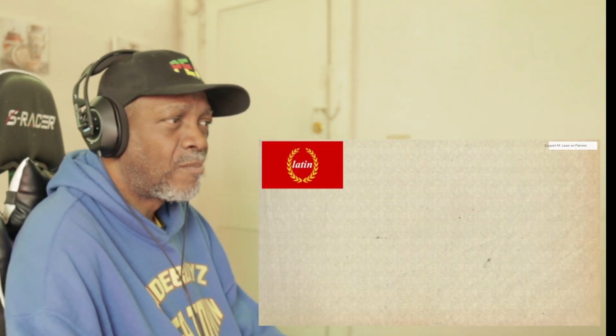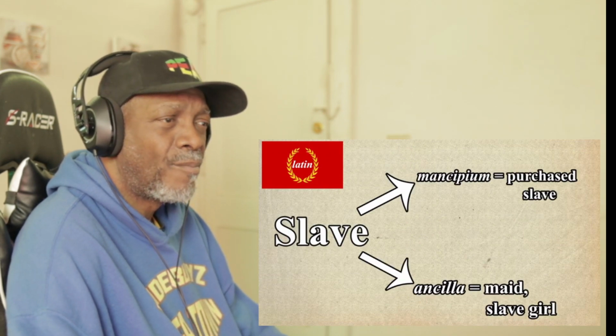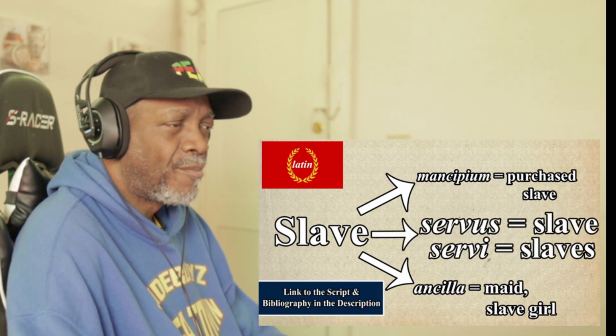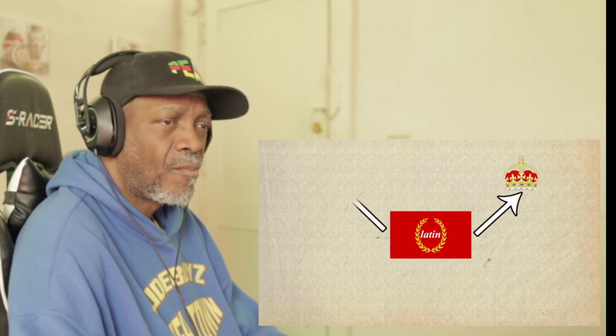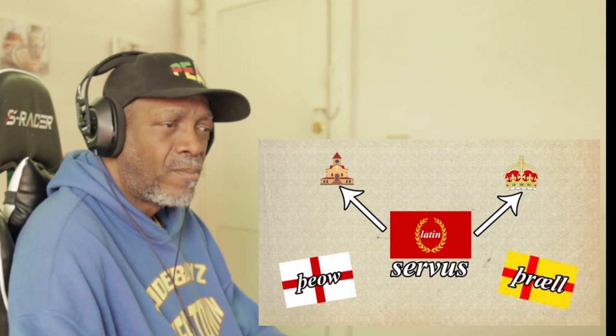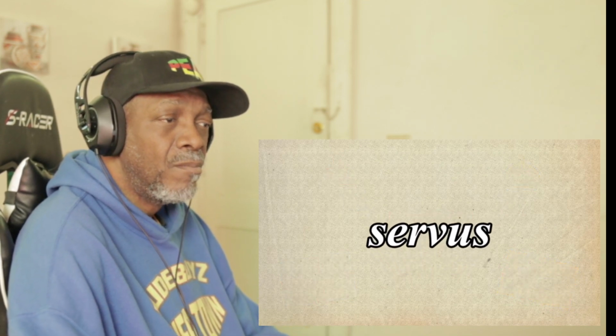Latin had multiple words that could mean slave, like mancipium and ancilla, but the most common Latin word for slave was servus, or servi in plural. This word survived in usage even after the fall of the Western Roman Empire, because Latin still largely remained the governing language of both the state and the church. Of course, some new Germanic words for slaves were sometimes used interchangeably with the Latin ones, like theo in Old English or thrall in Old Norse, but largely, in most written documents, the Latin word servus remained the most dominant word for slave in early medieval Europe.